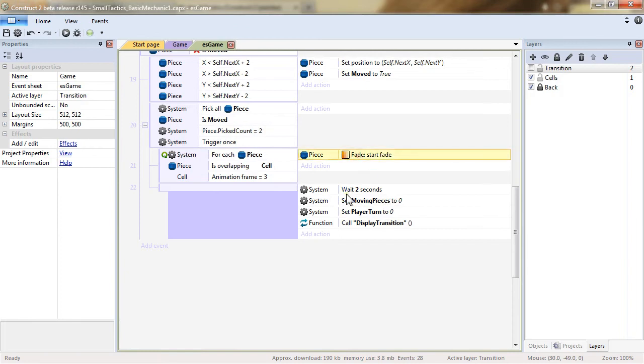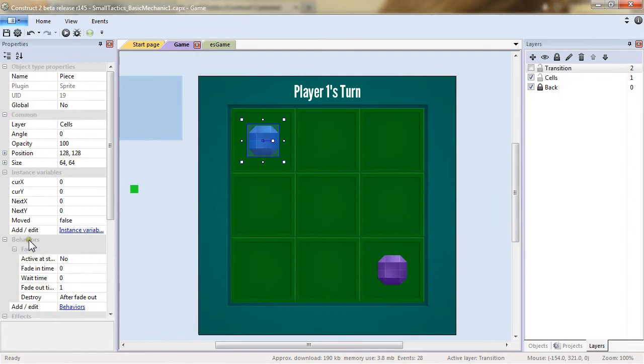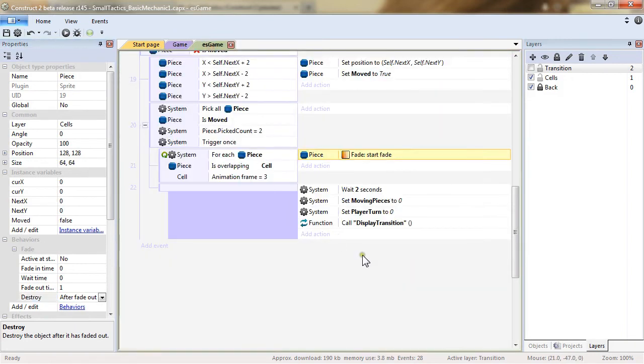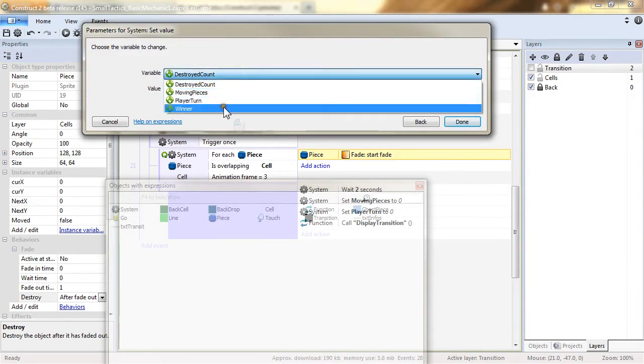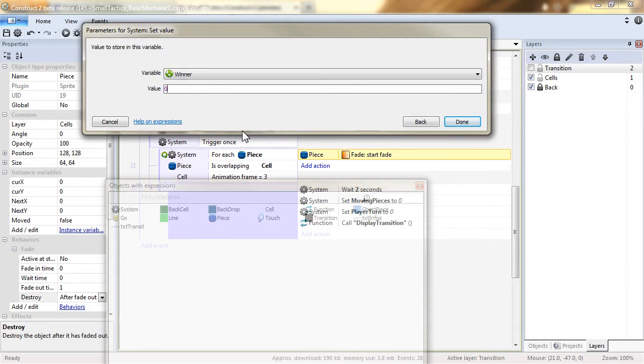We start the fade, so the piece will fade away thanks to its behavior, and as said there, it will be destroyed once the fade has finished. And another thing we need to do is to set the winner value, and hang on to your hats,